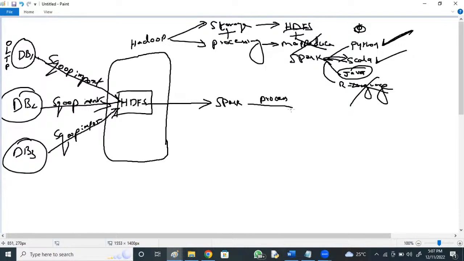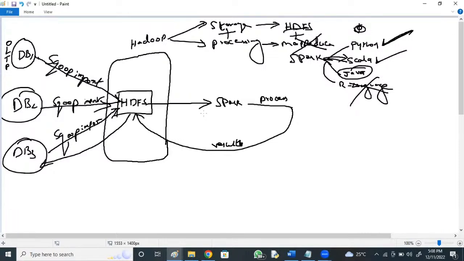After processing, it can store the result again in HDFS. Again from HDFS, you can move that result back to the databases, to your websites.